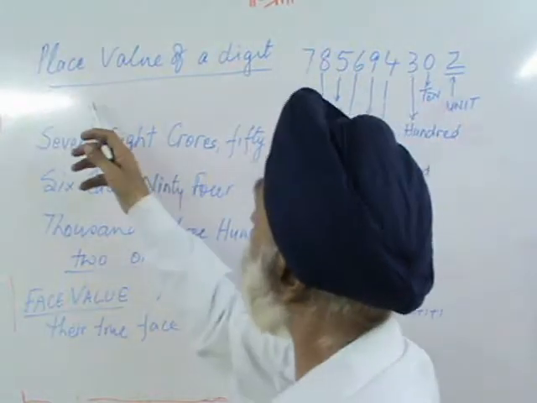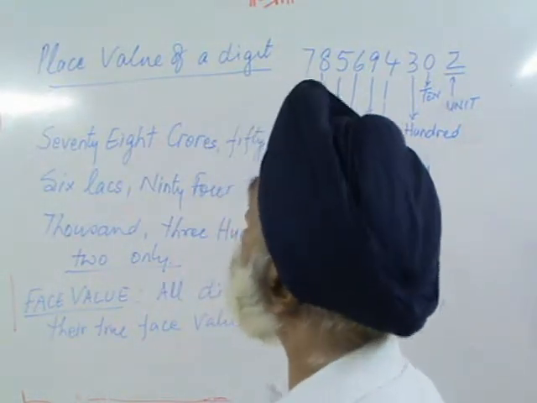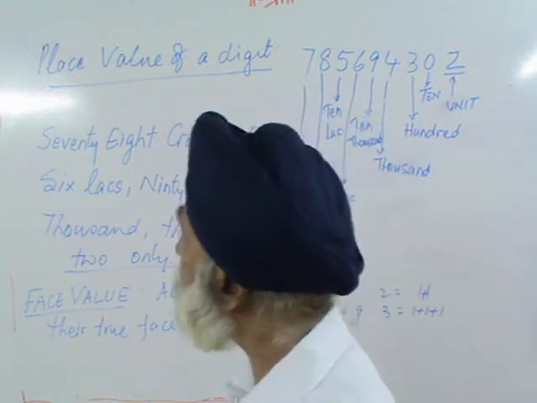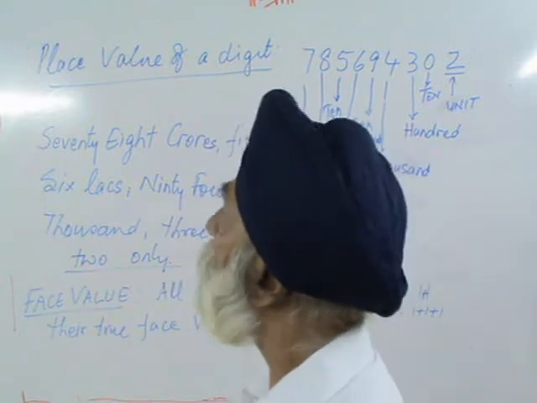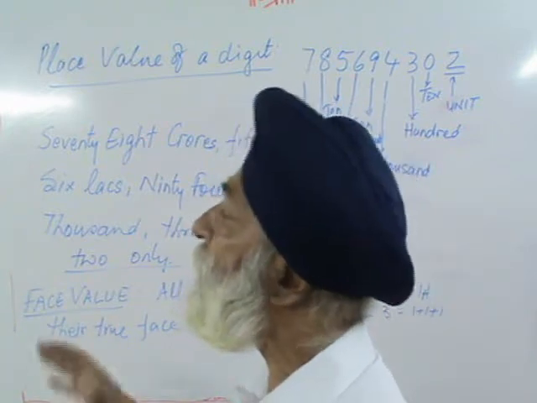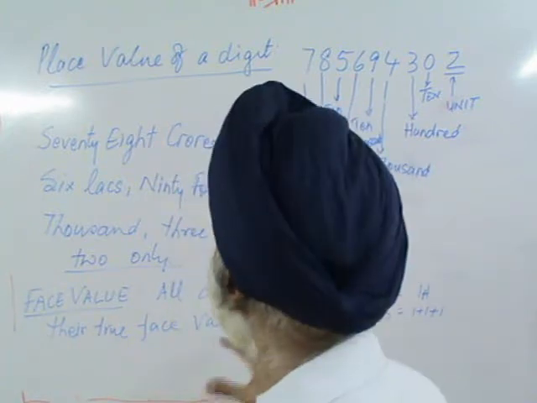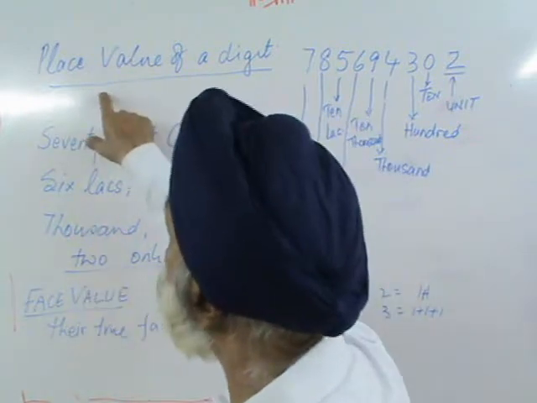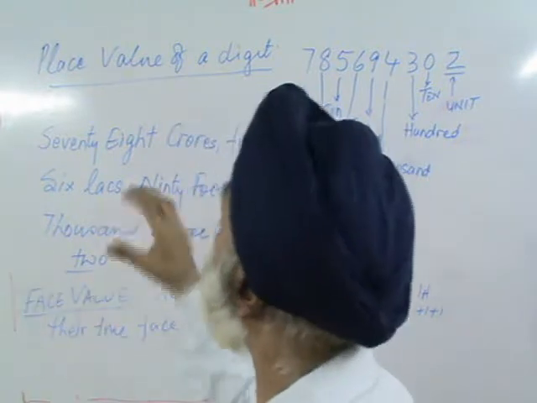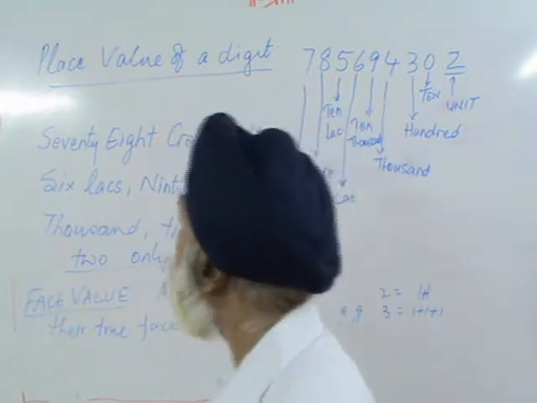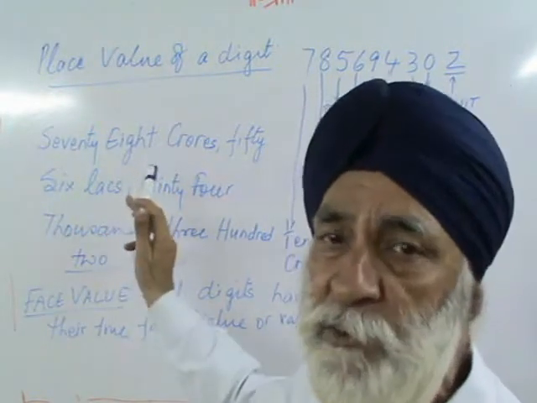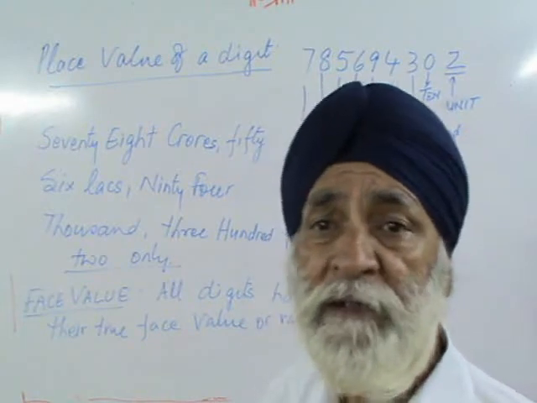In mathematics, many times we talk about the face value and the place value. Face value of any digit is the value itself which it specifies, like 2. So it could be 2 fingers, 2 pencils, 2 pens. 3 can be 3 boys, 3 girls, or whatever it is. But the place value of the same digit changes depending on where exactly it is placed in a number. You will ask me why I am teaching you this. Because it has been found